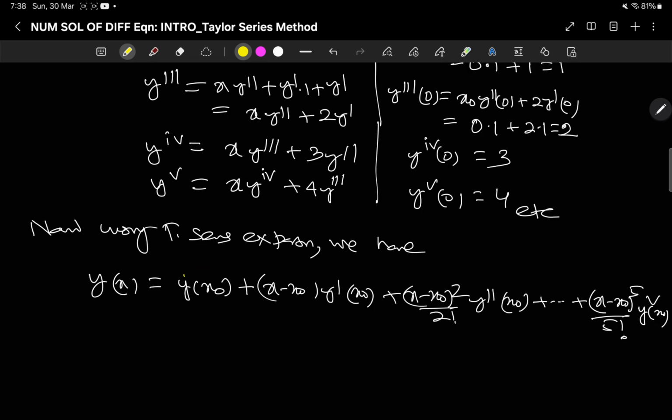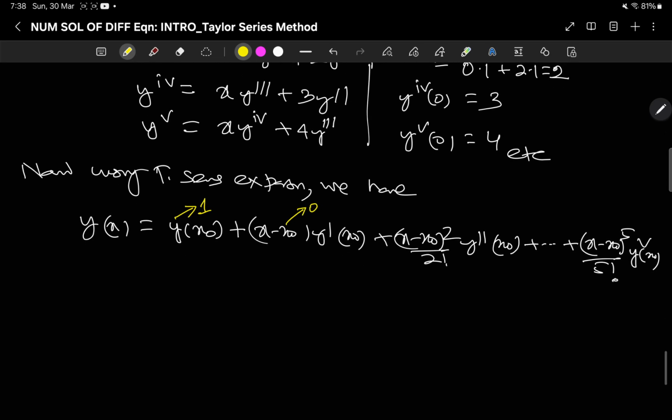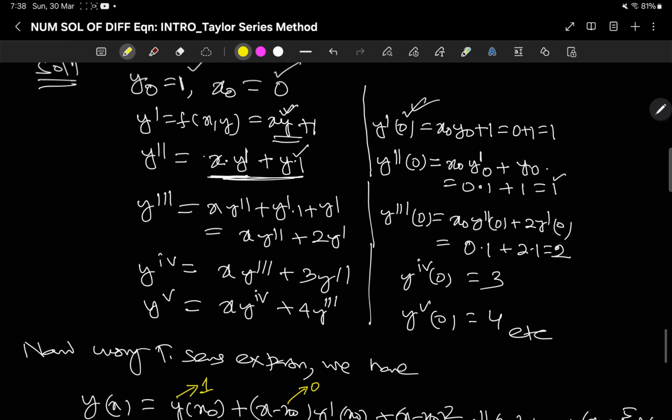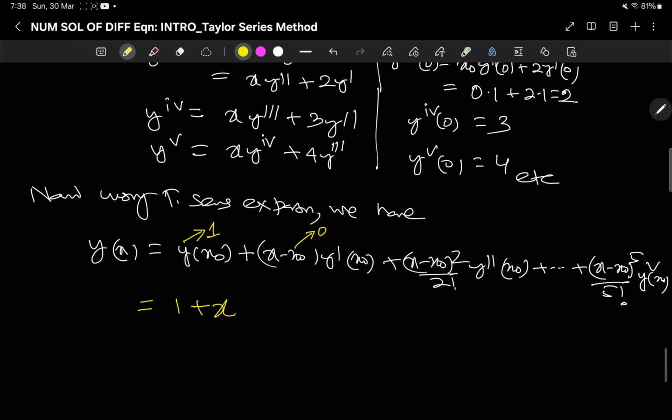So here y0 is 1 given and x0 is given 0. So substituting this and simplifying, I am getting 1 plus x, the value of y dash 0 is 1. Then next will be x square by factorial 2. Next will be x cube by factorial 3